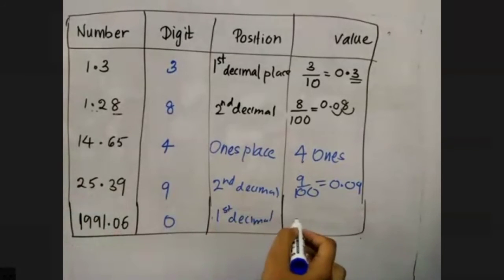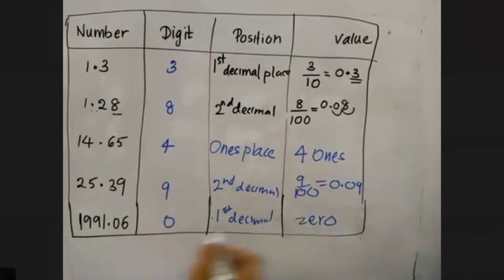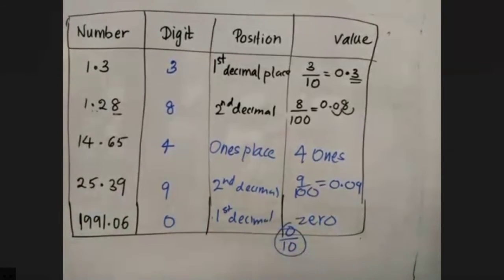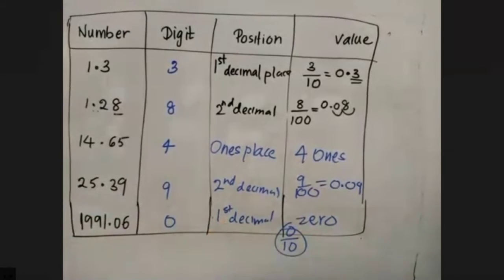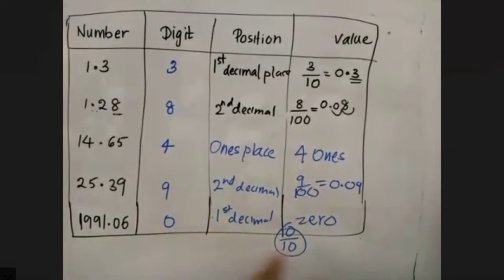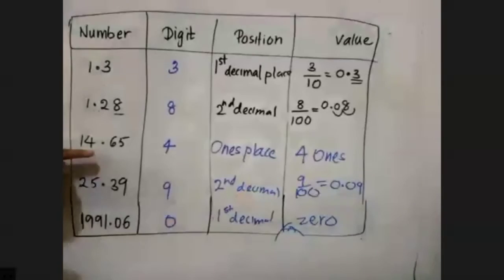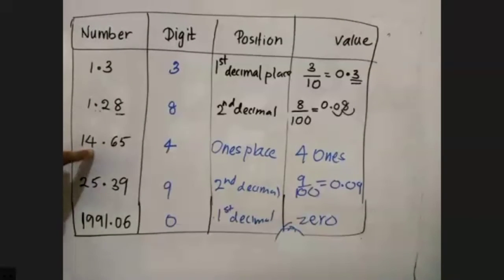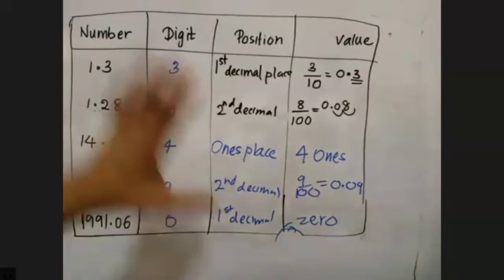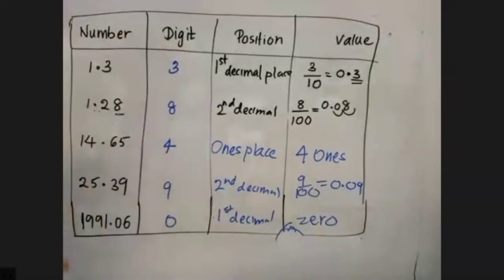But you're getting, anyway, the final answer as 0. So if you write it as 0 over 10, no problem. Whatever the number, like 0, if you are dividing, you are getting 0 only. So we don't want to write that. We can write down directly 0. So if you have a doubt about how these 4 ones came: 14, we read it as 14. 14 means 1 tens and 4 ones, right? These are the possible ways that they can ask you the question.